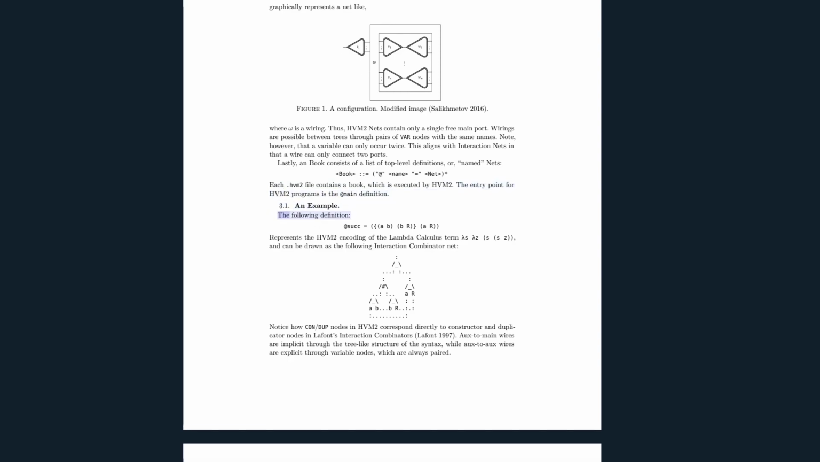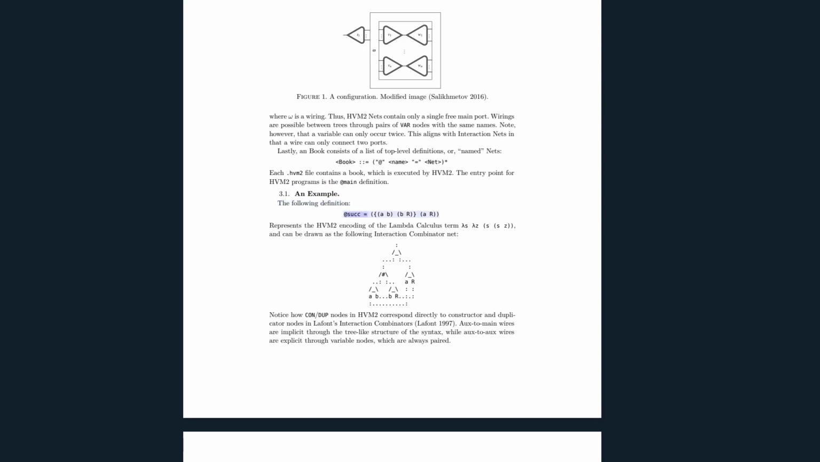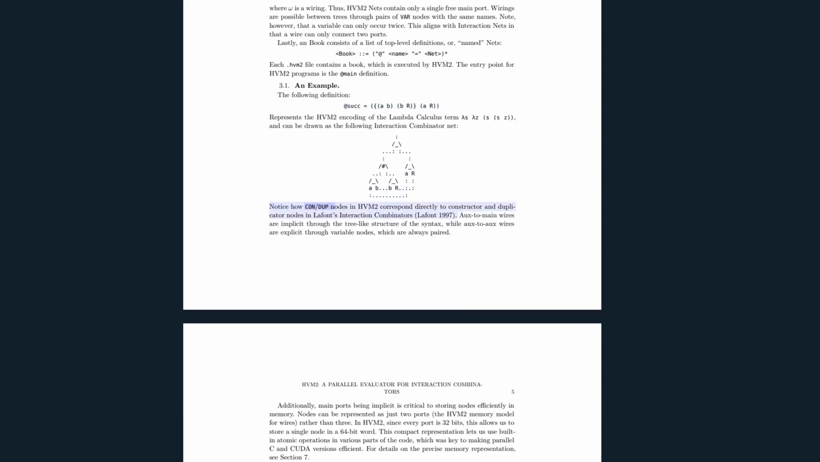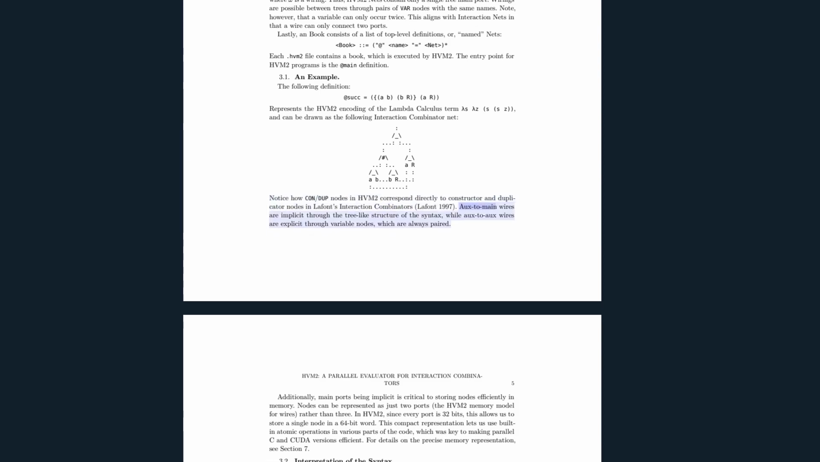As an example, the following definition, such equals, represents the HVM encoding of the lambda calculus term lambdas, and can be drawn as the following interaction combinator net. Notice how CON/DUP nodes in HVM correspond directly to constructor and duplicator nodes in Lafont's interaction combinators. Aux domain wires are implicit through the tree-like structure of the syntax, while aux wires are explicit through variable nodes,